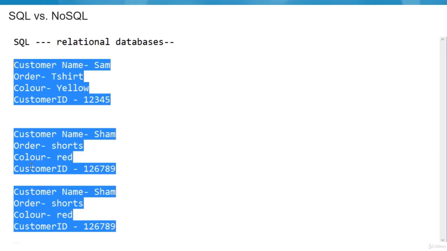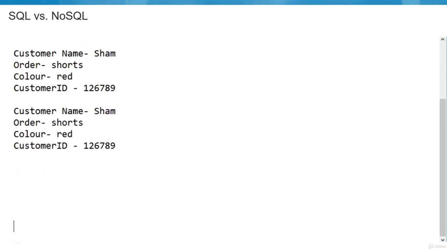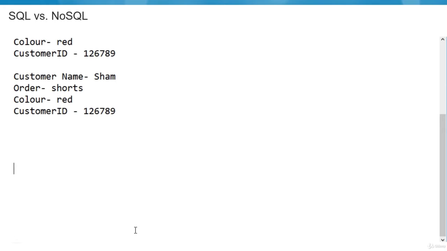So it is easier for me to create a table out of it and pull the information from this table. Or I will have multiple tables. One is the customer table, one is the order table, one is the preference table, one is the address table. All these four tables I have, and if I want to pull some kind of information, I will just apply the joins, and I will pull the information from the different types of tables.